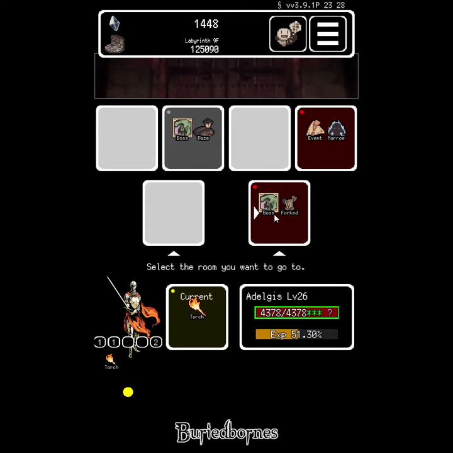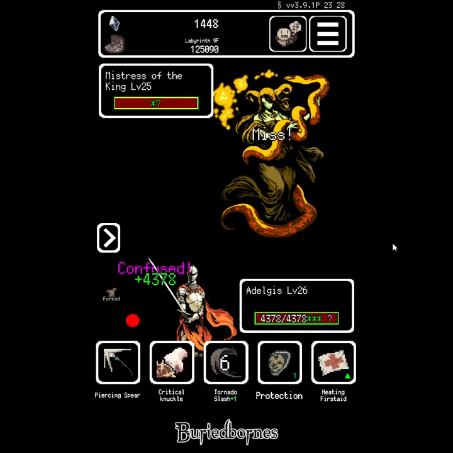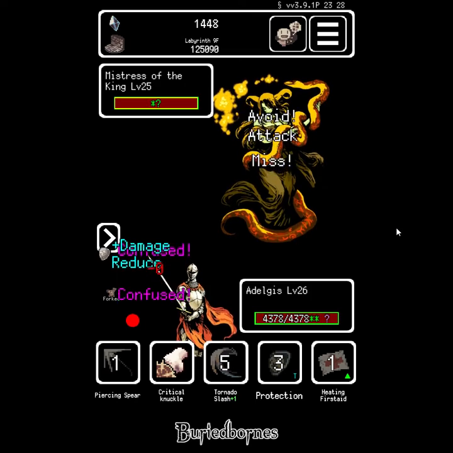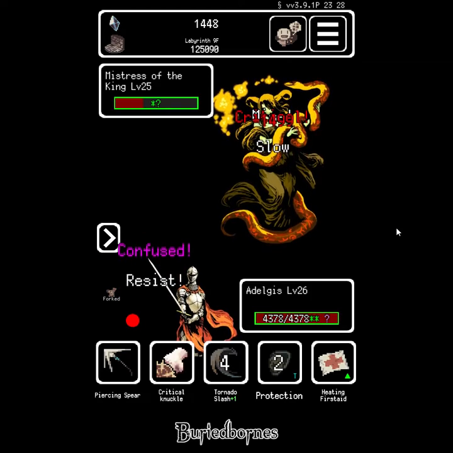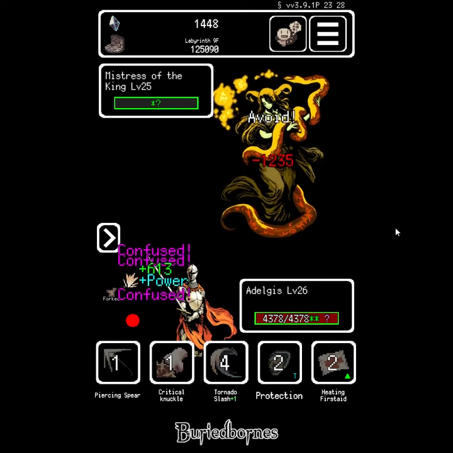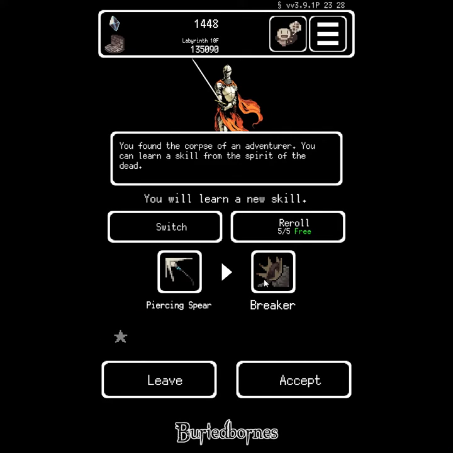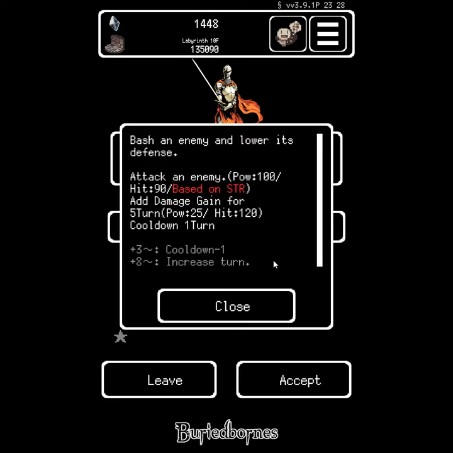Alright, here's a boss. Mistress of the King. Impressive. I like the music change. Breaker. Bash an enemy and lower its defense. Add damage gain for 5 turns. On a 1 turn...